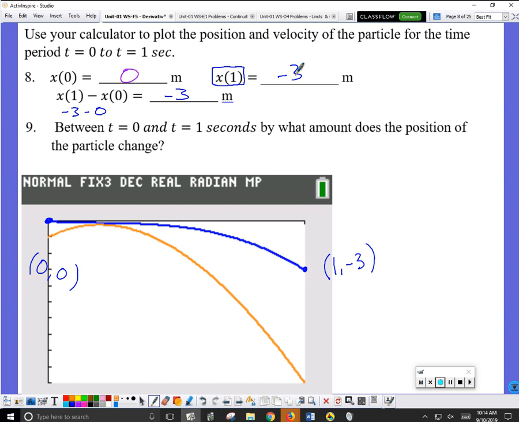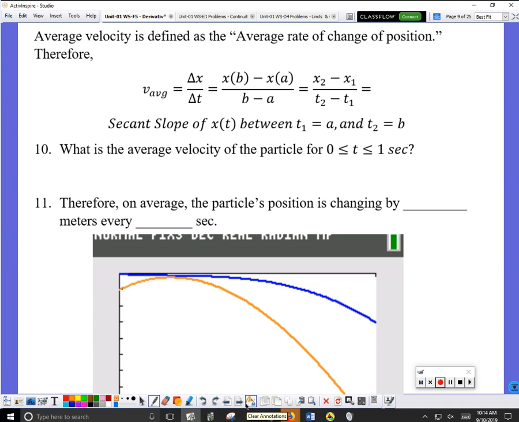There we go. Cool. This is between those 2 times. By what amount does the position of the particle change? Changes by -3 meters. That's just change in position or displacement. Did you just say meters per second? We wouldn't say meters per second because we're not talking about the velocity, we're talking about the position. Like by what amount did the position change? So. Now the next one, Josh, now we go back to meters per second because we say,